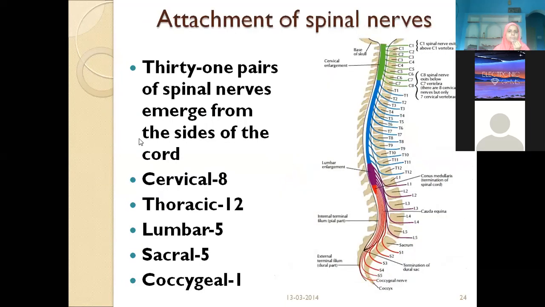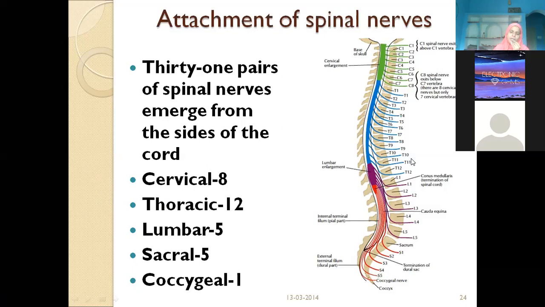Okay. Then see, now coming to spinal nerves, this whole thing is spinal cord, isn't it? So it is extending till L1, isn't it? Lower border of L1. So how many pairs of spinal nerves are coming? 31. Yeah, 31 pairs. Out of which we have cervical 8. Now if you observe from this picture, generally the spinal nerves are coming below the respective intervertebral foramen, but in case of C1, it is coming above the C1 vertebra. That's how if you count, we have 8 cervical nerves.